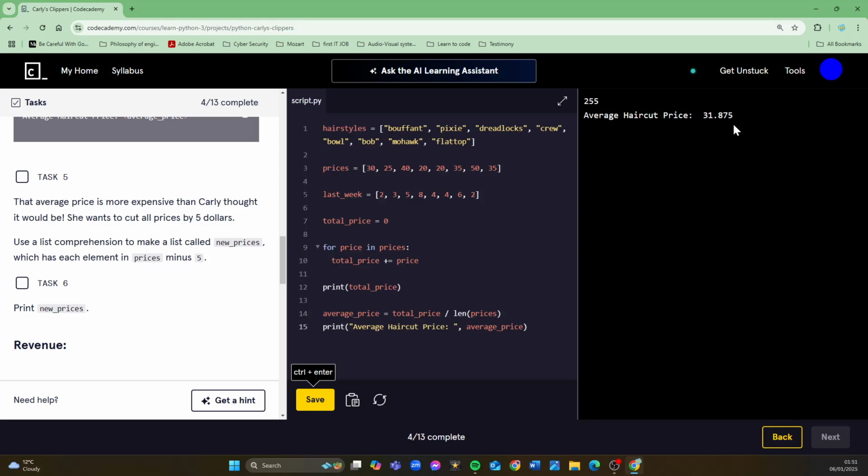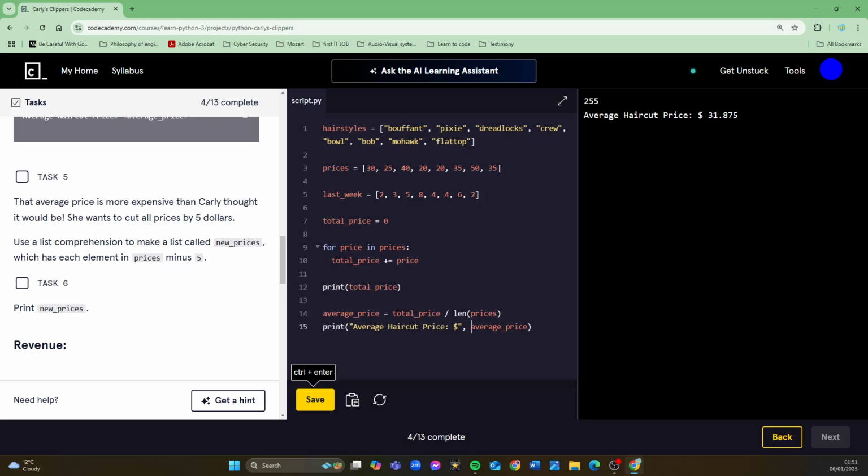Oh, but it'd be nice if that was, let's say it's dollars. I've forgotten how to print only the 2.